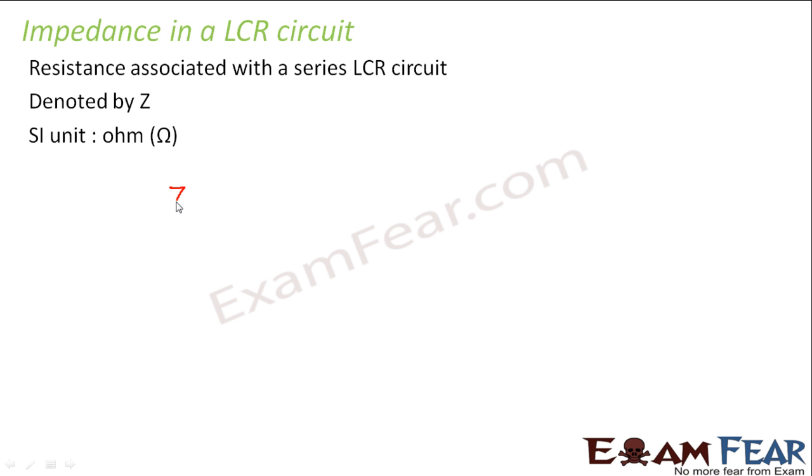So impedance is basically given as Z is equal to root over R square plus (XC minus XL) whole square. You might be wondering, from where did I get such a big formula of impedance? We will talk about impedance in detail later, but for now why I am introducing impedance is because when I solve the equation which I showed you in the previous slide, we will use this Z, right? So Z is related to the resistance, capacitive reactance and inductive reactance in this form.